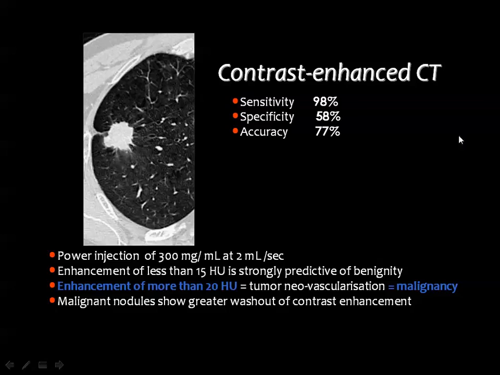Then the sensitivity, according to the literature, of diagnosis of pulmonary nodules as malignant by CT, which should be contrast enhanced, of course, reaches about 98% sensitivity, and the specificity is low, reaching 58%. And they sometimes use the difference between the density of the nodule in the pre-contrast scan and the density after injection of contrast, and they measure the attenuation value, and they say that if the attenuation value is more than 20 Hounsfield units, we may